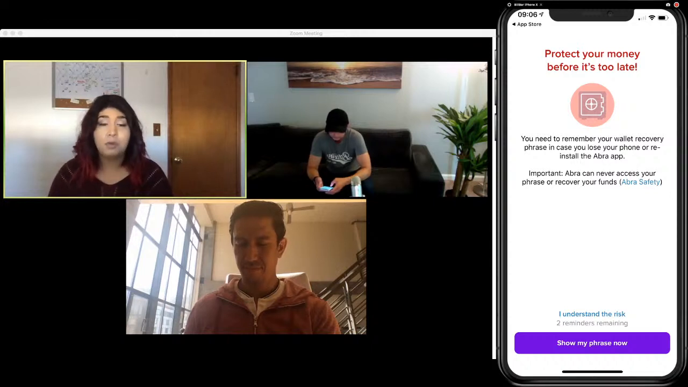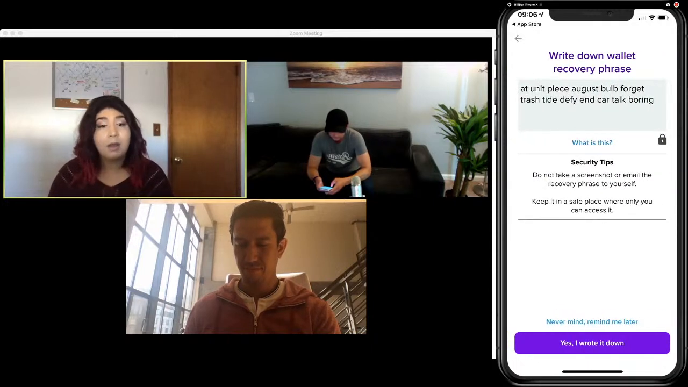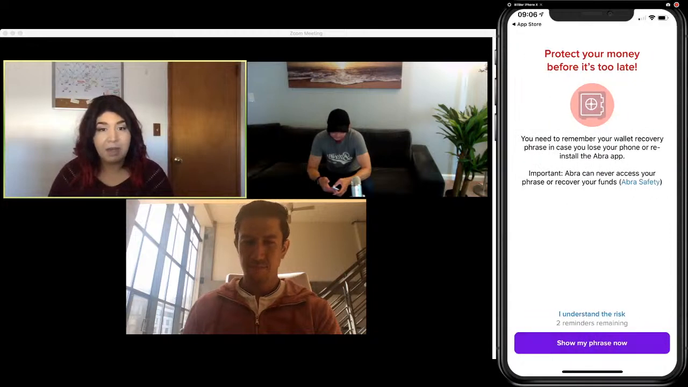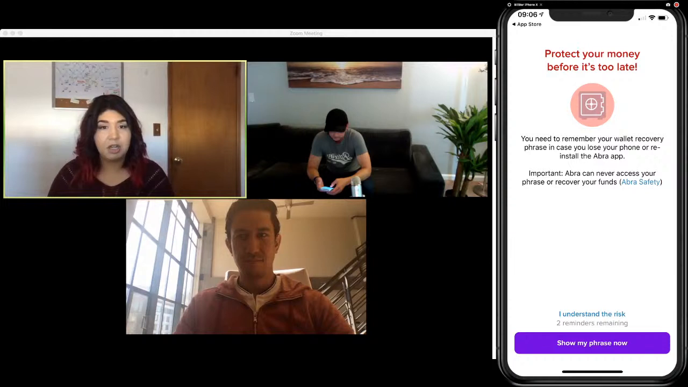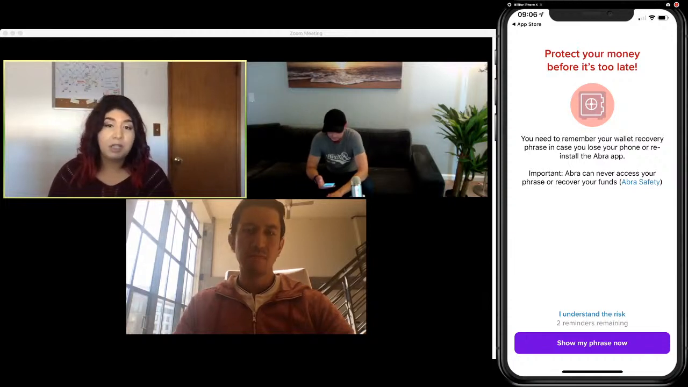So we absolutely highly recommend you do it as soon as you create your wallet. You will be prompted within the app. We also make sure to send a reminder email so users can make sure to do it later. We have a lot of documentation on it. So we absolutely encourage you to do it as soon as you create one. That way you always have it. So if anything happens,